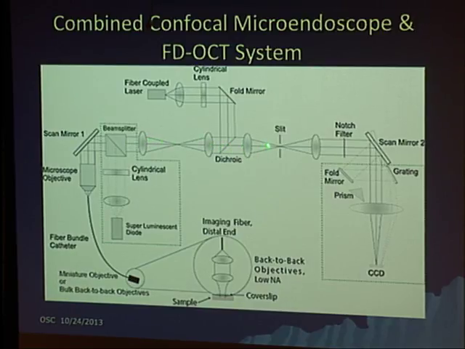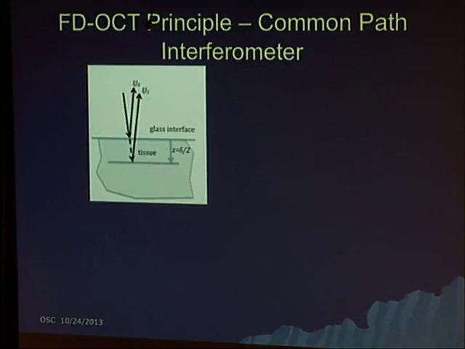It'll go through that because it's longer wavelength. It'll image onto the slit. It'll go off of scan mirror 2 and be dispersed. Instead of by the prism, we're using a grating. So go to a fold mirror grating and disperse the light once again. This is an idea of how frequency domain OCT systems work. They disperse the light and take a Fourier transform. So let's just think very briefly about how that works.